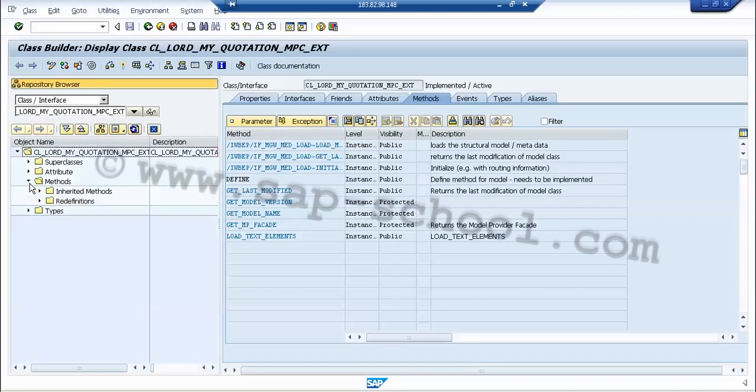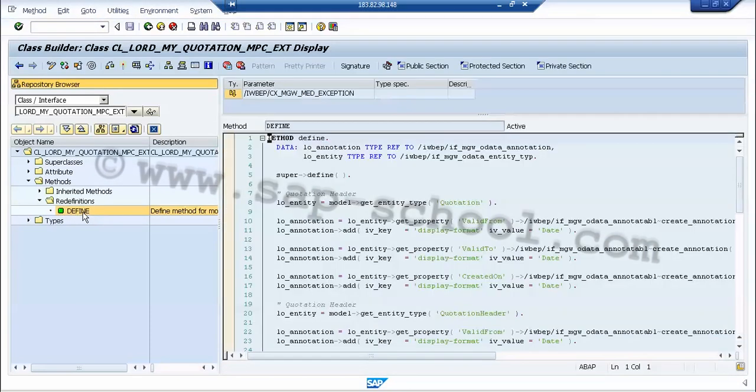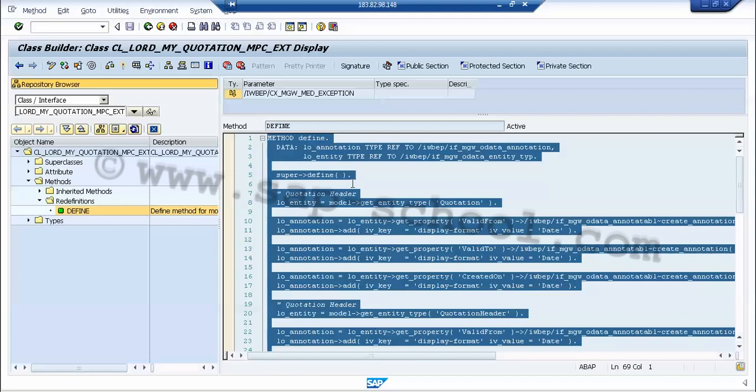We go to the methods redefinition and double click on the define method. Here we have to copy the code which is there in the redefinition define method. We'll just copy paste it into a notepad file.